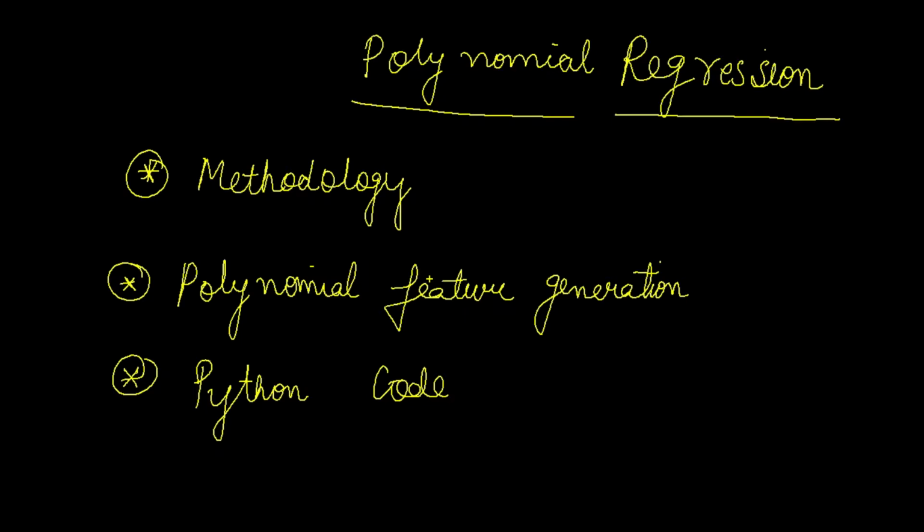In the last video, we studied polynomial regression. We have also seen how we implemented second order and third order polynomial regression. Today, we are going to study the implementation of polynomial regression in second and third order. We will also look at the Python code for predicting house prices using polynomial regression.